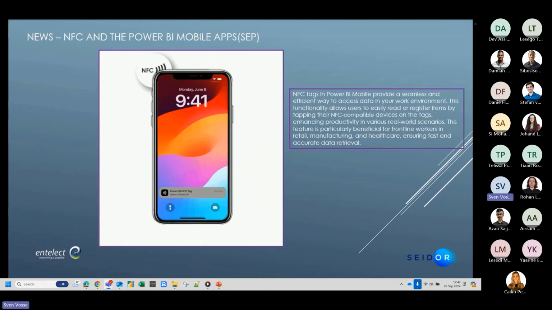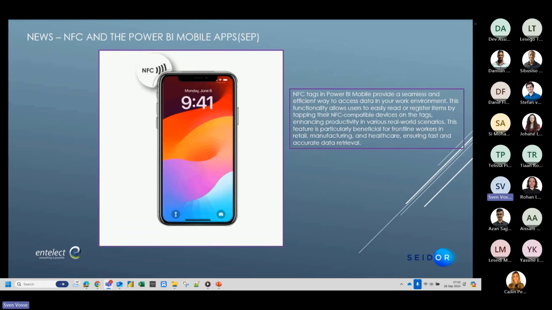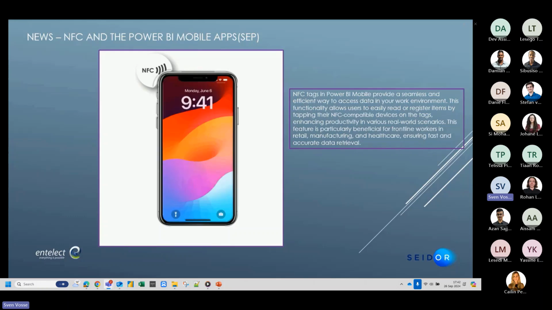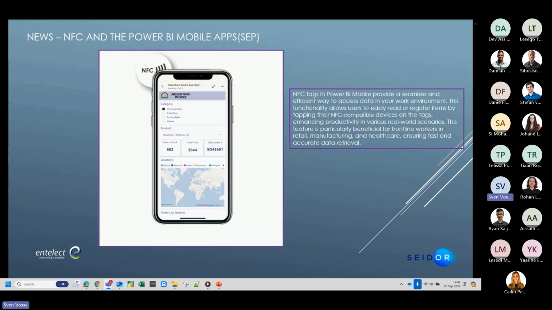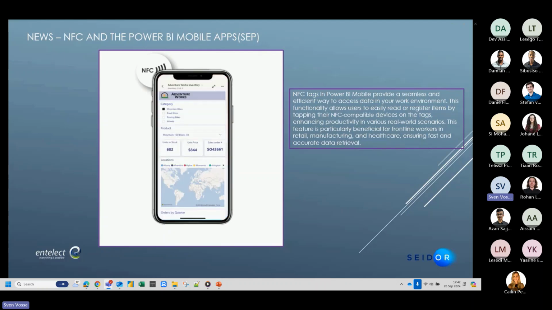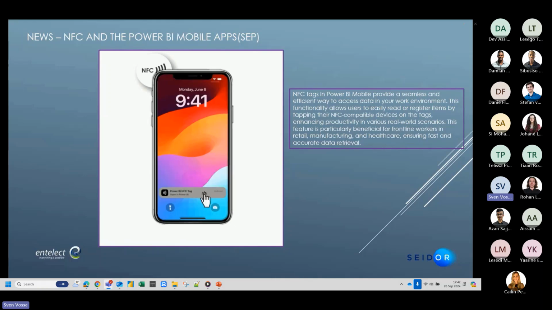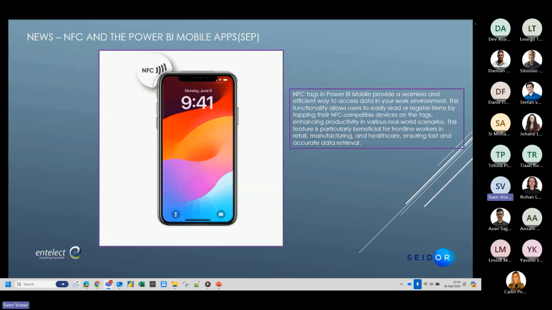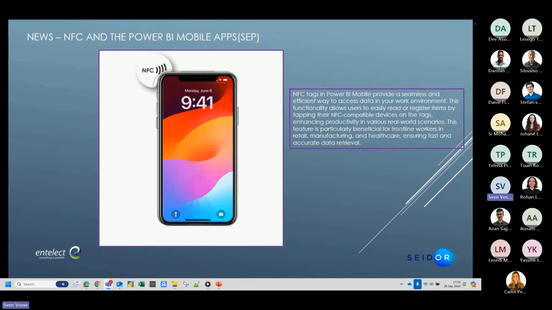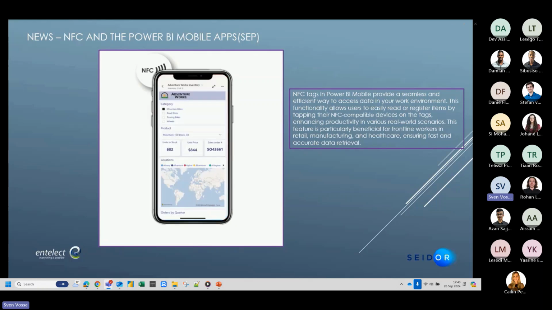Following that is the NFC technology and the Power BI mobile apps. So there's been an update that has been rolled out in the September update of the Power BI mobile app, which now allows you to have NFC tags that have access to either your reports or dashboards that you might have published, or to give access to workspace resources or the workspace itself, and some Power App support as well. This is one of those useful features, kind of like a quality of life type of feature,